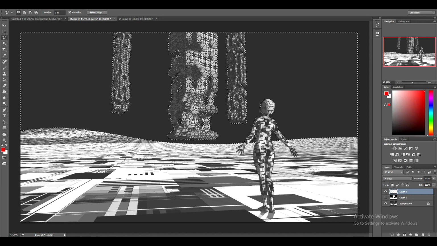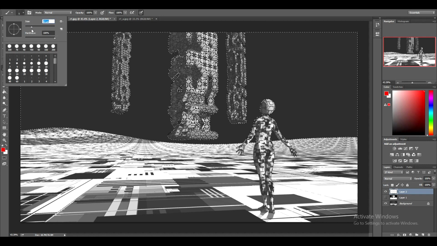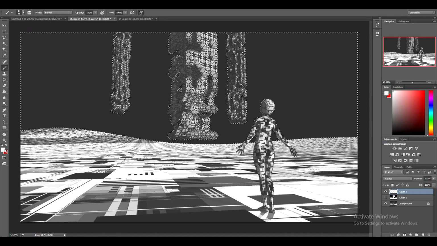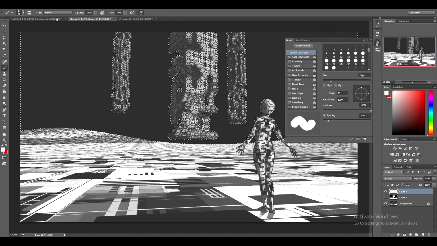And while I still have this selection, this is very important to have, I can just take a brush, decrease the, well, not decrease the size, but yeah, something like this, full on hardness, make it white. And now let's play around with the settings of the brush. So where do I have it? So it's that button right there. So I can change the spacing of it like this, and there should be